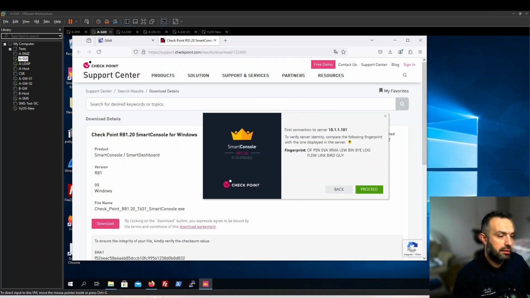So here we can see that SmartConsole will show us a fingerprint. This fingerprint is used for many things. For example, it's used for authentication of the management server. When you first connect the SmartConsole to the management server, you will be presented with this server fingerprint, this one here. This allows you to verify the